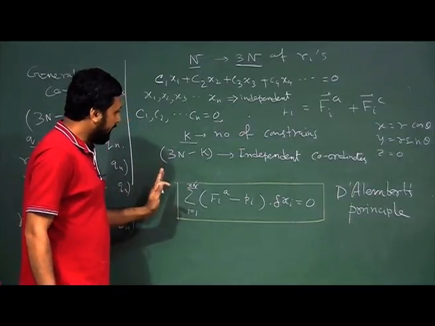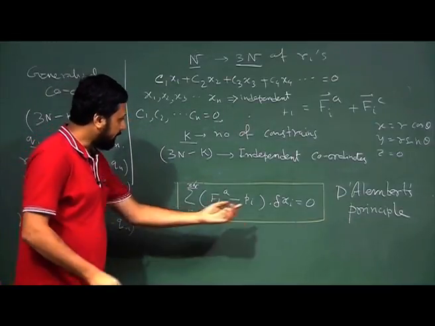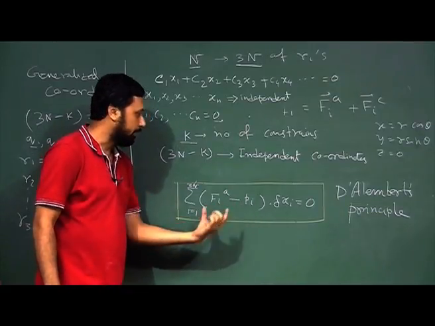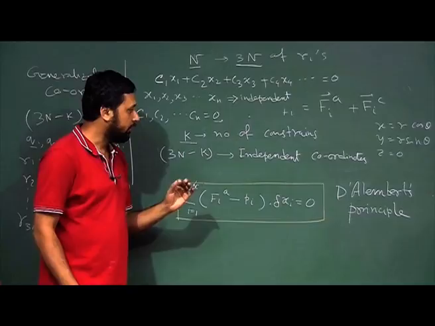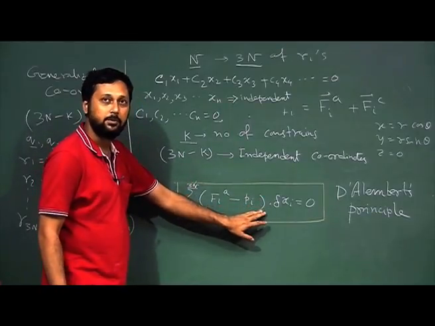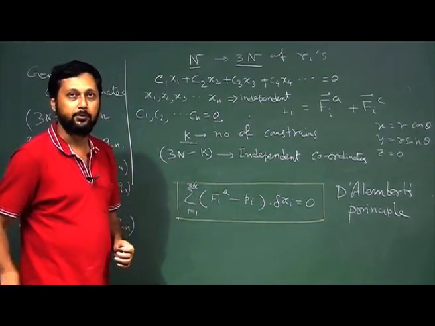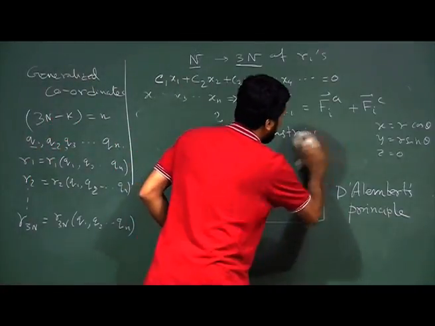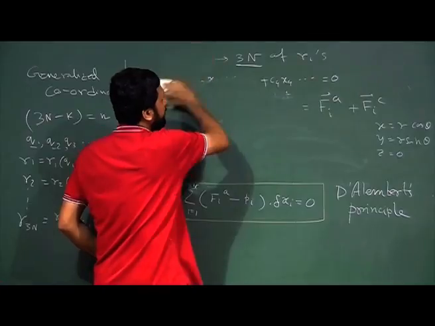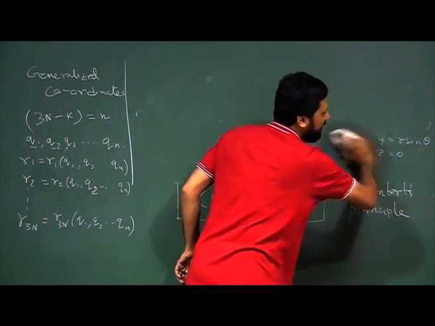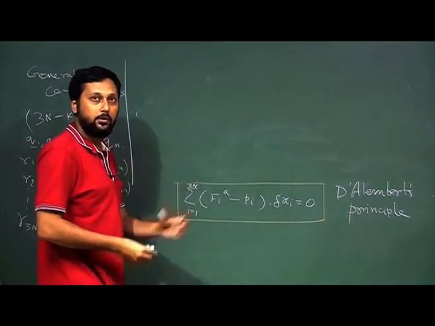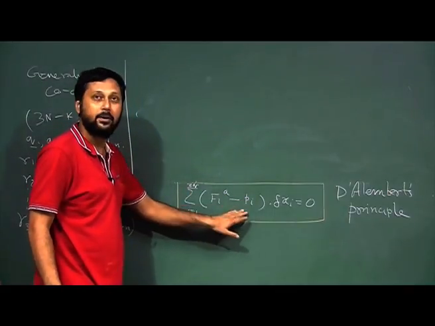It turns out that with D'Alembert's principle, since the coordinates are not independent of each other, we cannot equate each coefficient to 0, but we can still use D'Alembert's principle to solve simple problems. Let us take an example. I will end this lecture with this. Right now please remember we are working in the dependent coordinate system, before going into generalized coordinates.